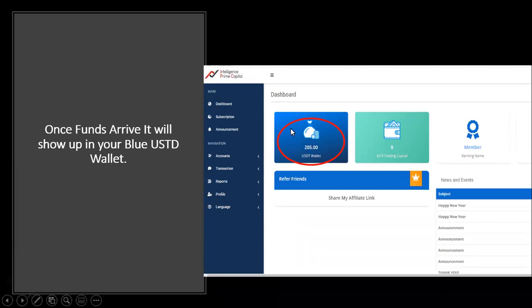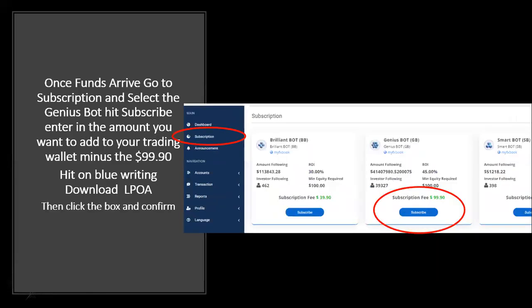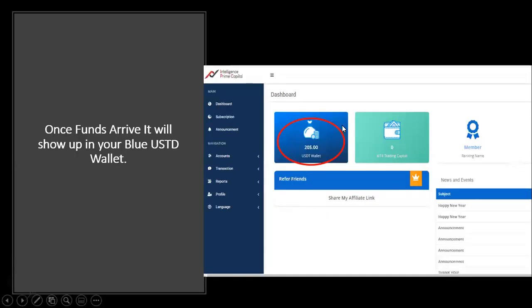You always want to get the money from your blue wallet into your trading wallet where it's making money for you. So how you do that the very first time, you need to subscribe. You're going to subscribe to the Genius Bot by going up to subscription, and you're going to go down to the Genius Bot and you're going to hit subscribe. Once you hit subscribe, whatever amount you had here in your blue wallet, you want to take out